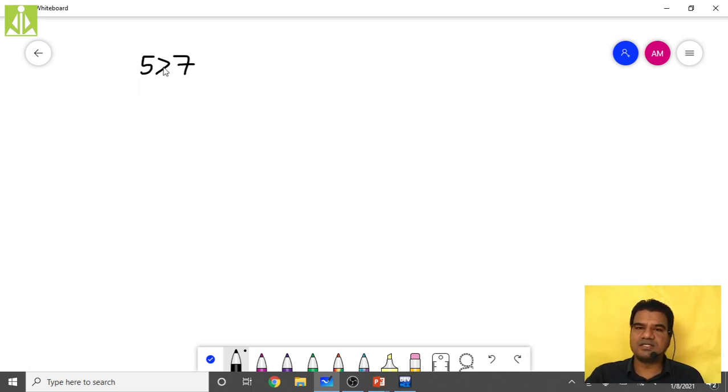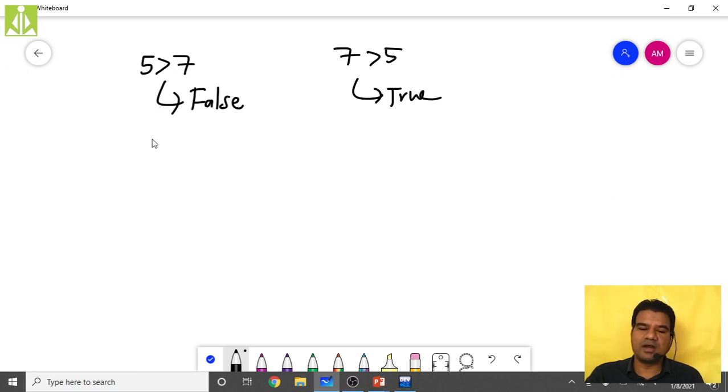This is a false statement. This operator will check and find that the 5 value is lesser than 7, but you are saying 5 is greater than 7. So it is a false statement. And if you do the same thing, 7 greater than 5, it is a true statement, isn't it? Same thing for lesser than.